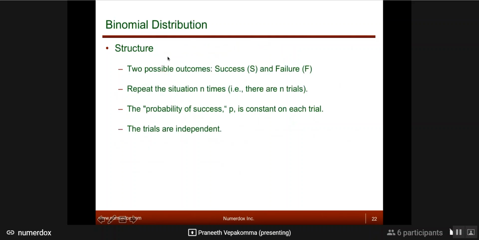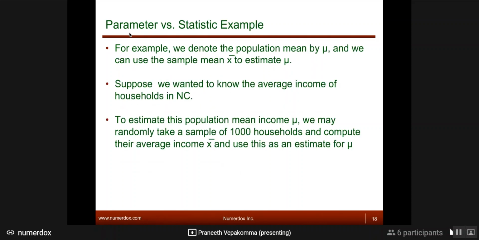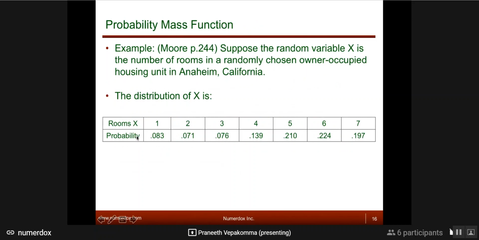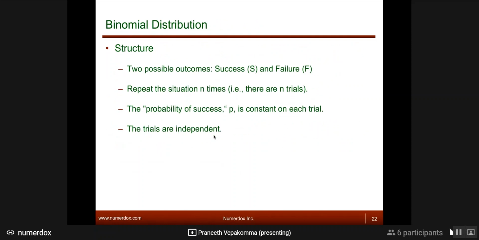Okay, so binomial distribution. Now, there are different kinds of distribution functions. If you remember, a distribution function takes in an event and gives a probability out. The event could be discrete or it could be continuous, right? So there are different kinds of famous distribution functions apart from what is usually observed in the data. Binomial distribution is one such famous distribution.